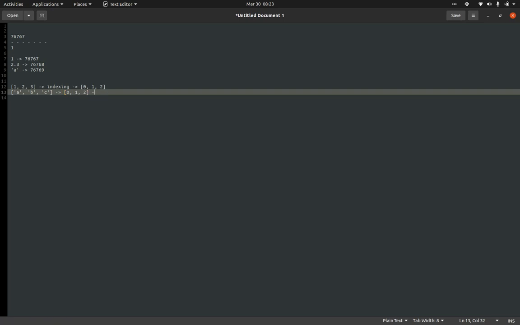Similarly, it will also be indexed with -1, -2, and -3. So it starts from the last element, which will always be -1, then -2, -3 and so on. However many elements we have, that many times it will repeat.